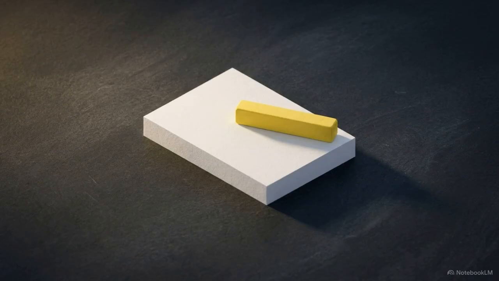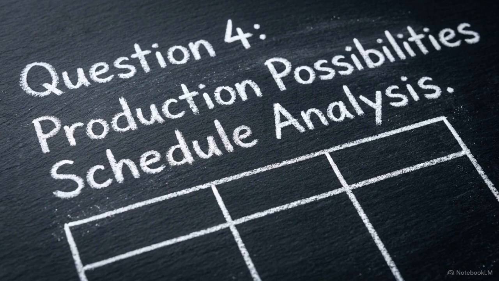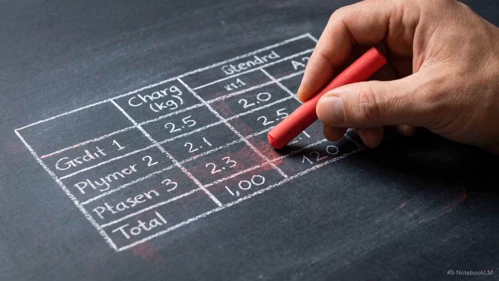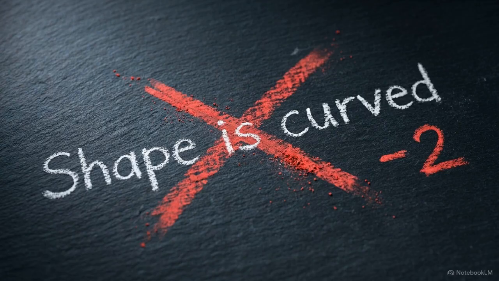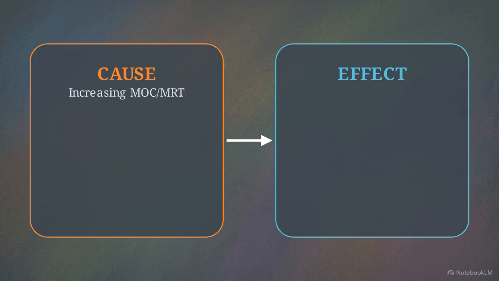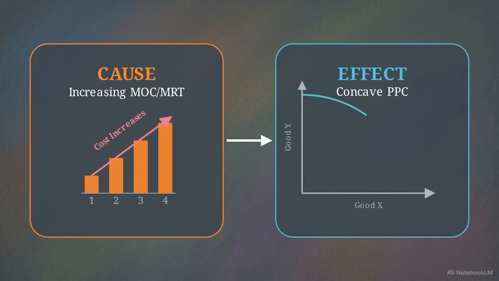Now let's look at this graphic displaying a standard Class 11 board exam prompt. It asks you to calculate MOC and MRT from the following data and comment on the shape of the PPC. After you successfully fill out your table, graders look for a highly specific sentence. Providing the calculation alone, or simply writing "the curve is concave," will cost you points. Your written answer needs to explicitly state the cause and effect. Because the marginal opportunity cost is continuously increasing across the schedule, the production possibility curve must be concave to the